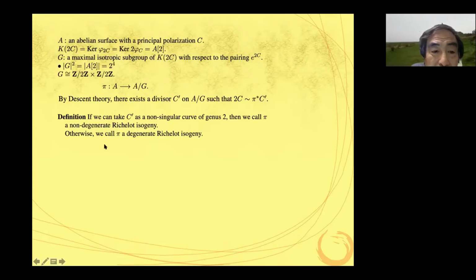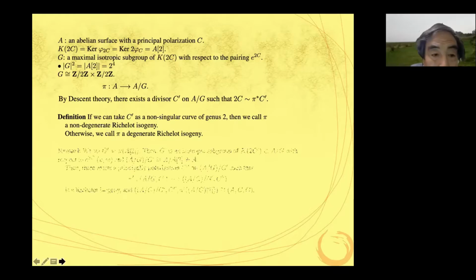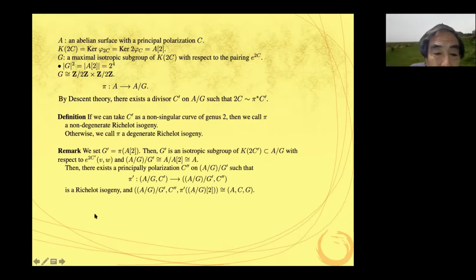And if C' becomes a product, consists of two elliptic curves, then in this case we call π a degenerate isogeny. And as a remark, the notion of Richelot isogeny is invertible. I mean, if you take